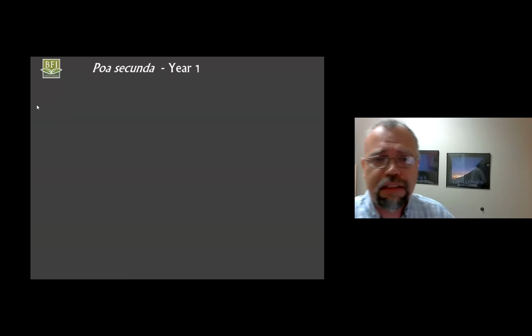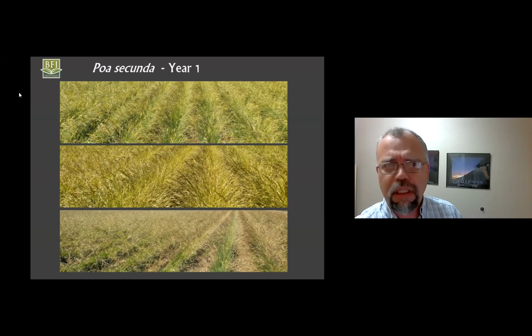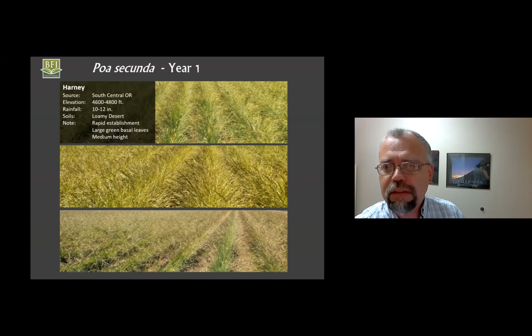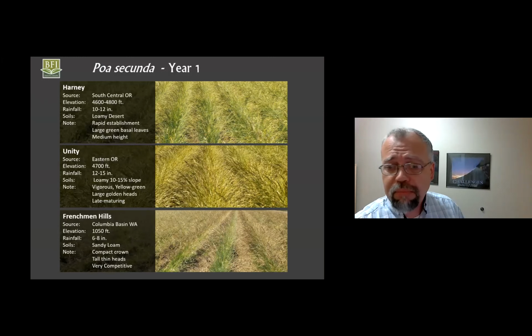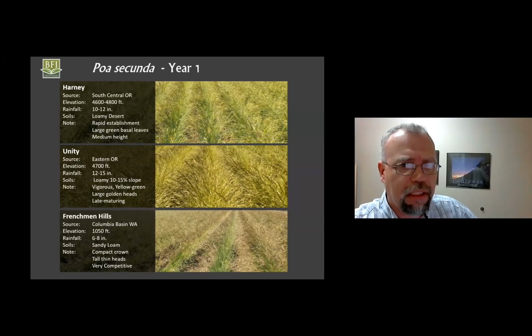Which leads me to the idea, some people think, hey, one silver bullet, one's good enough, one's big enough. Here's Sandberg bluegrass. All of these are one-year-old stands, all planted from different areas, not that far apart necessarily. You can see the locations, you can see what they do, but you can see they all have a very different expression. They are not the same thing. I don't want to say this was a breakthrough because this ain't rocket science. We went to the other side of the fence and put it on this side of the fence. Not rocket science.